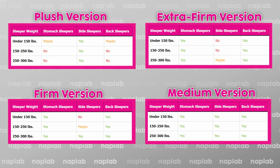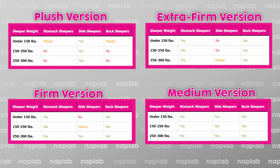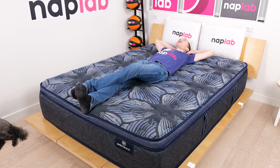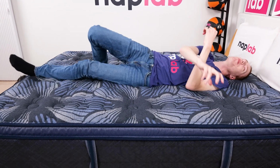For each of the 4 firmness options, here are our recommendations for their suitability across sleeper weights and sleeping positions. Based on all of my tests to date, an analysis of the materials, and my subjective experiences, I'm confident most sleepers will find support on the Serta Perfect Sleeper is good, though, like pressure relief, it doesn't rise to the